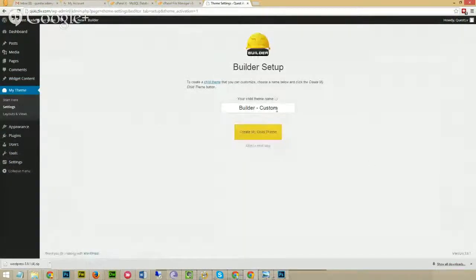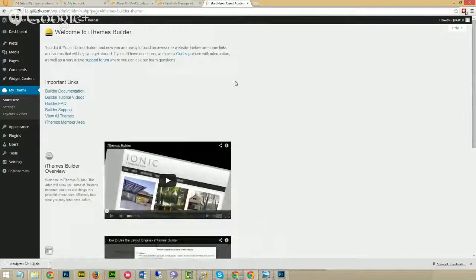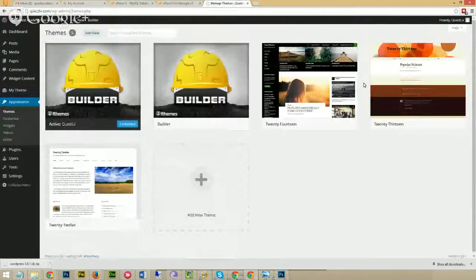What I need is to make a child theme, right? So I'm gonna name it Quest LV because that's the name of the site, just Quest LV, and I'll create my child theme. So now we have a nice little child theme. Now we're gonna go to appearance, and before I do anything else,